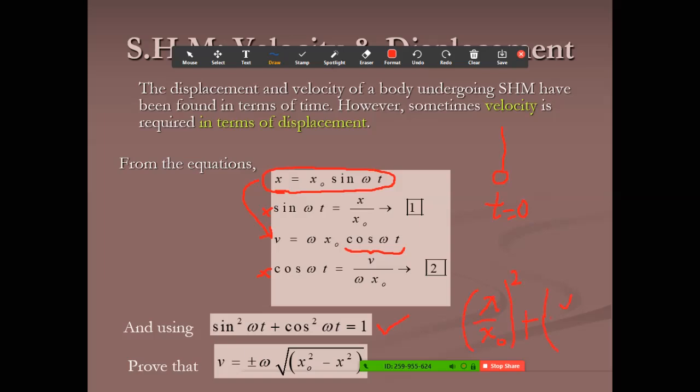E over omega x naught squared equals 1. From here, you just rearrange it, you'll get this formula. This is the formula you get. Rearrangement line. In your syllabus, the derivation is not in your syllabus, but you should know how to use